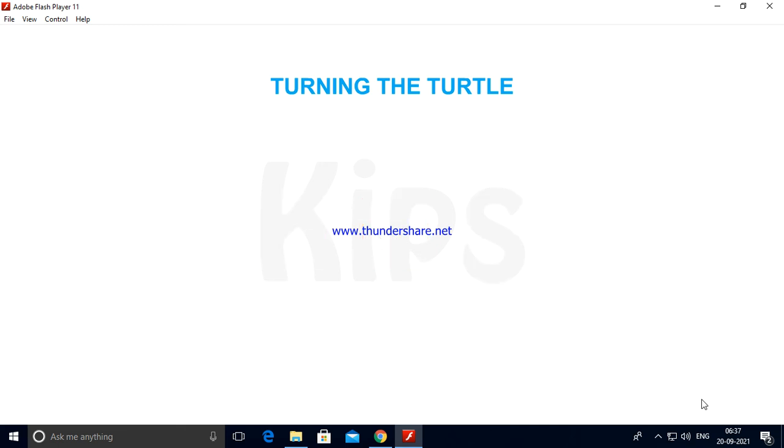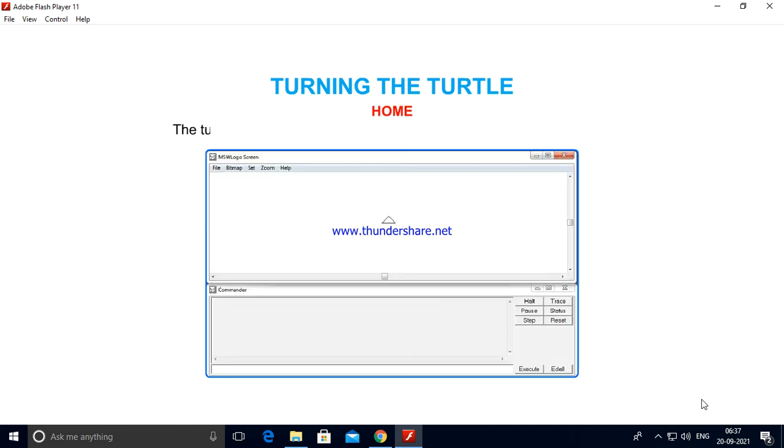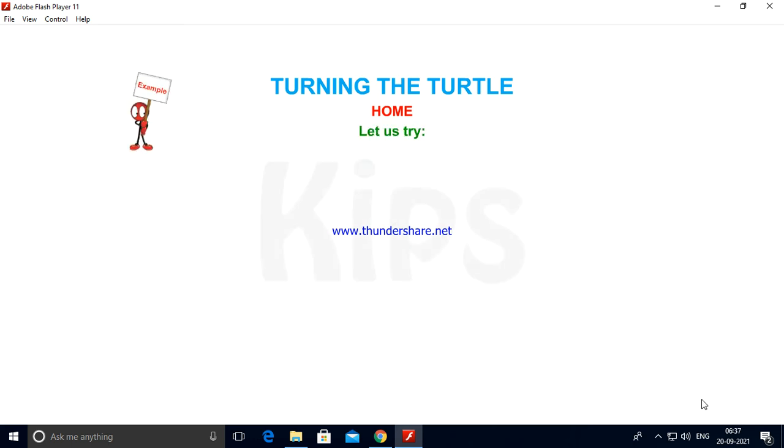Now let us understand about home. The turtle appears in the center of the screen, which is its home position, from where the turtle starts and moves around the screen. We can bring the turtle back to the center position using the home primitive. The primitive is not followed by any number. Let us try.